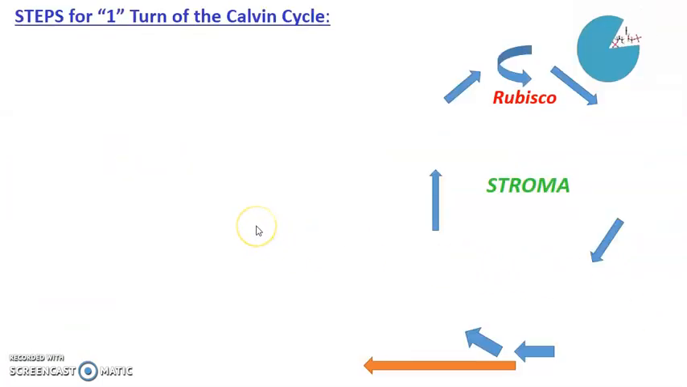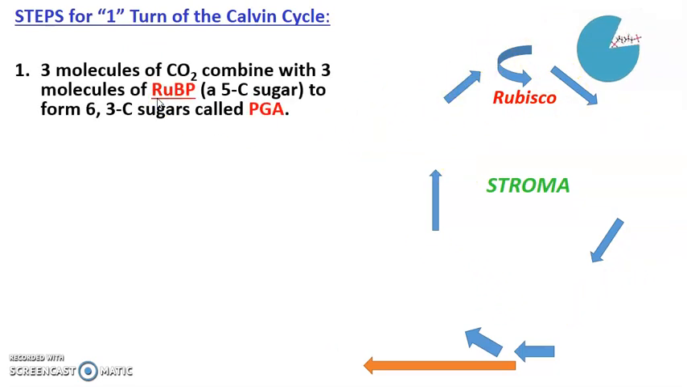What I've done for you is I've broken it down into 4 general steps. I could break them down into a dozen or more if I wanted to, but I think it's a little bit easier just to break it up into 4 chunks. So let's begin, and as we go through the steps, we'll look at it in action over here in the cycle I've produced. So step 1 is 3 molecules of carbon dioxide,